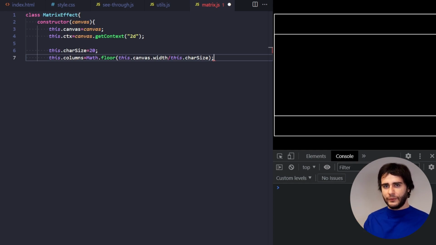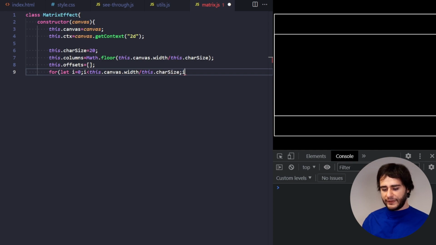And I'm using this floor function from the math library here because I want to work with integers, not floating point values. And when the characters are falling in this effect, they all have a position, an offset from the top of the screen. So let me just define an array of these offsets, and I'm going to be setting all of these